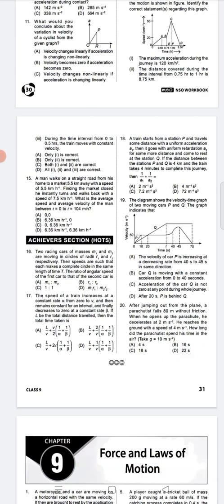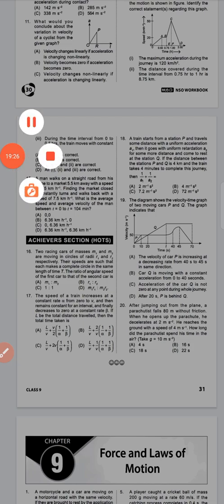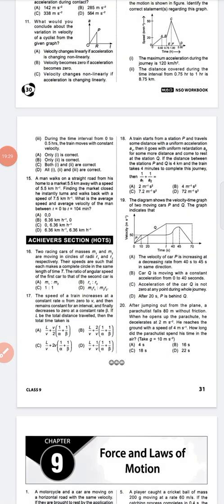So our next chapter, force and laws of motion, we will start in our next video. Up to motion we are discussing that. I think all of you can understand which kind of questions are going to come in the Olympiad exam. I must suggest that you practice this kind of question and answers, otherwise it is difficult to do, and whenever you practice, if you have any queries, then you can ask me in the online class. I think all of you can understand today's video.